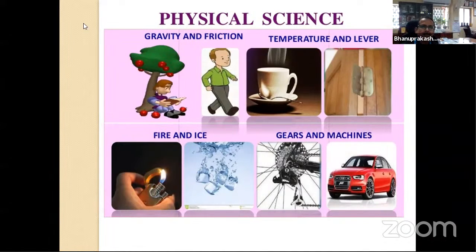So you take gravity or friction. Gravity means things will fall down. Friction means when you walk on the street, why don't you fall down? And how do you maintain your balance? It again goes back to the first principle of science, that is friction. So also, as I said, how do you heat your food, whether it's tea or coffee or your food? Then all other things like fire and ice, etc. I would not enumerate. I am trying to highlight how these first principles of science that we teach in the class have applications.